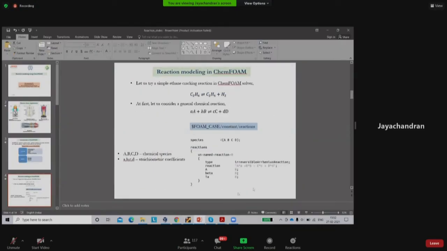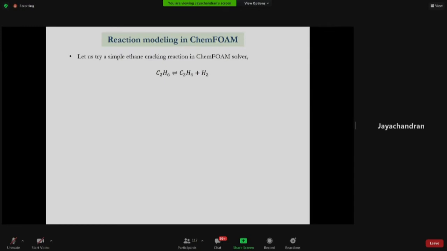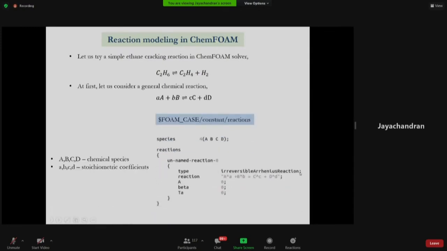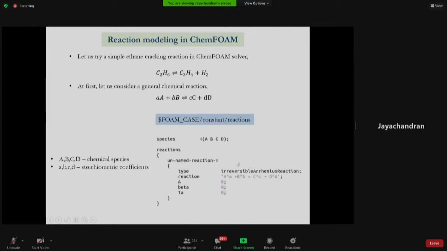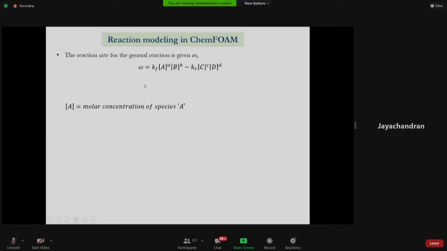So coming to this reaction, what we have done is we have basically defined the reaction, right? So the next step would be to define these coefficients, right? We have defined the type as reversible Arrhenius reaction, right? So what does that mean? This basically means that for a general chemical reaction, we have the reaction rate, that is the amount of reactants consumed or the amount of products formed per unit time, per unit volume or weight of the catalyst, or whichever term they are using to define the reaction rate.